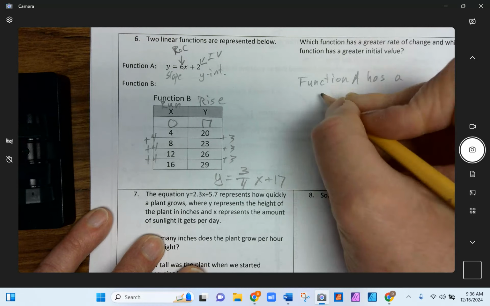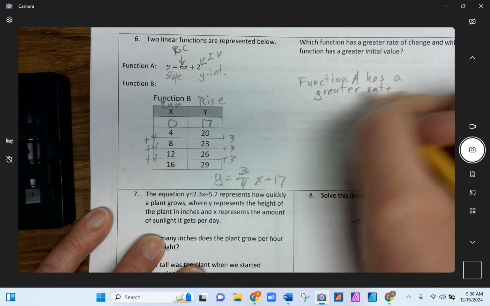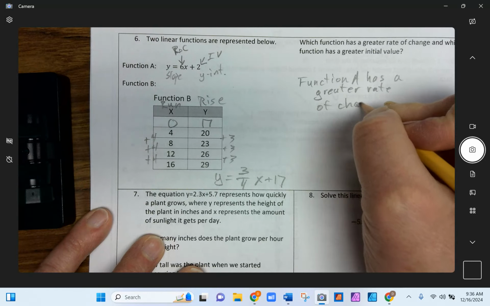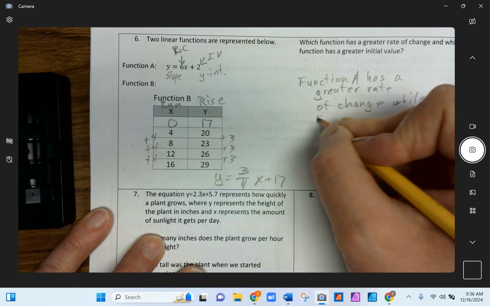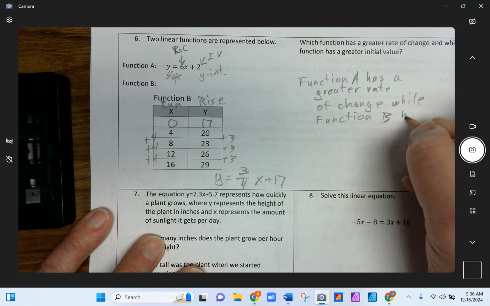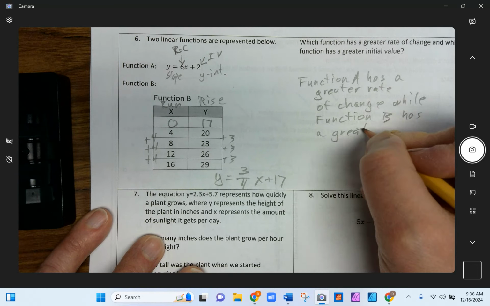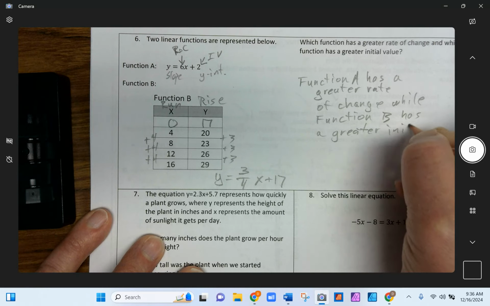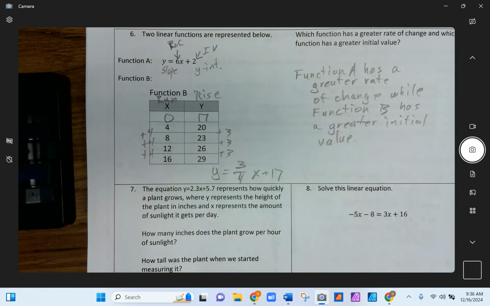has a greater rate of change, while function B has a greater initial value. Okay,